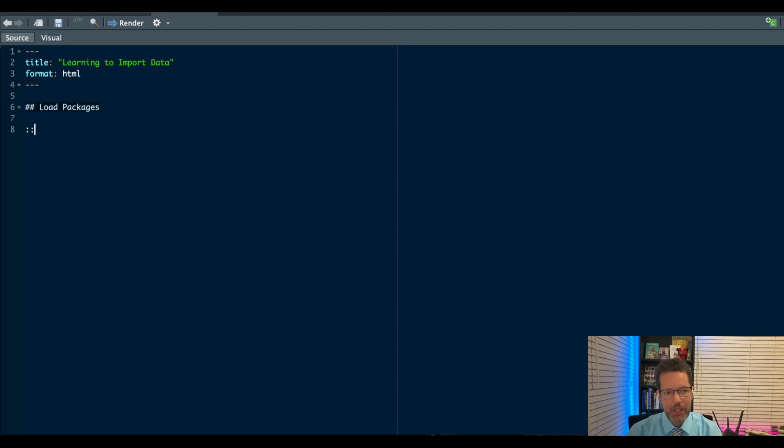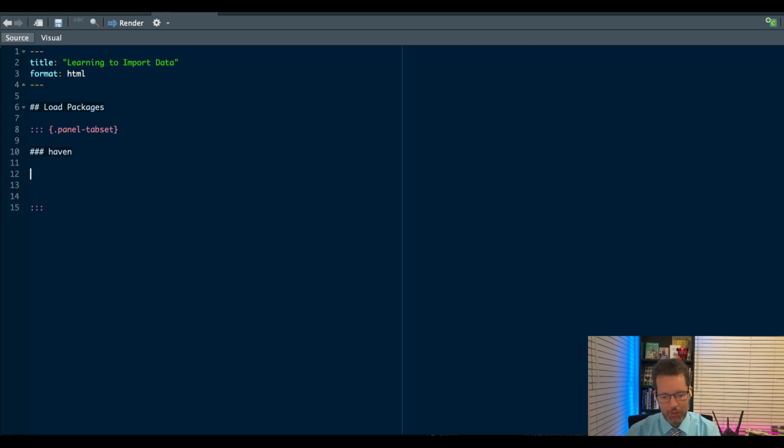We start off with 3 colons, and then in curly braces, you write dot panel dash tab set. Then add some white space, add 3 more colons, and now every heading inside here is going to produce a tab in the output. So let's see, we'll need Haven as a package. We're going to want to use tidyverse, and we're going to want to use a package called